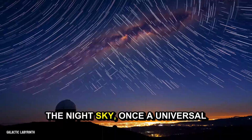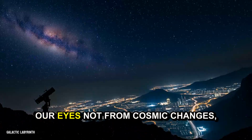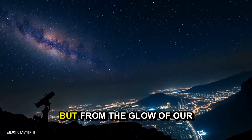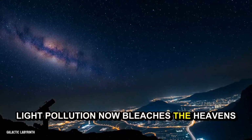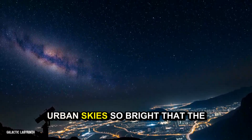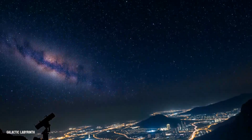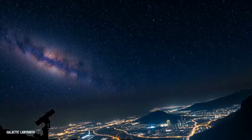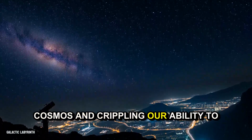The night sky, once a universal canvas of stars, is fading before our eyes, not from cosmic changes, but from the glow of our own making. Light pollution now bleaches the heavens for 80% of the world's population, with urban skies so bright that the Milky Way has vanished from view. This isn't just about losing a pretty view, it's severing our connection to the cosmos and crippling our ability to